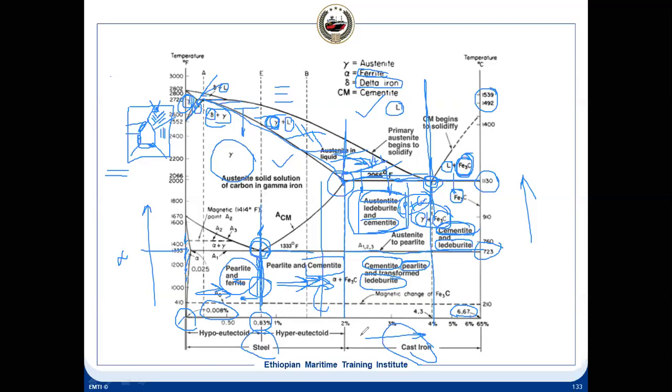As we move this way, the ductility is lost because our carbon percentage is high. It becomes a harder structure. Like the cast iron, it is very hard and has very good compressive strength, but the tensile strength is less, whereas on this side the tensile strength will be high. So this side we use for steel, and this side is for casting; we use the cast iron on this side.